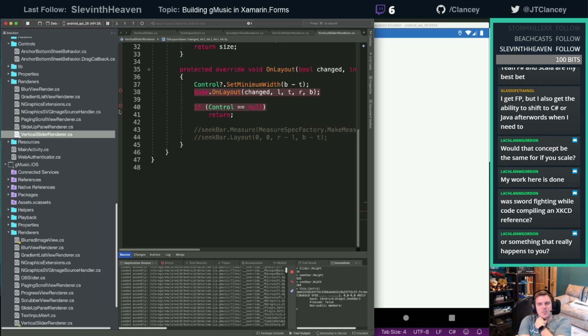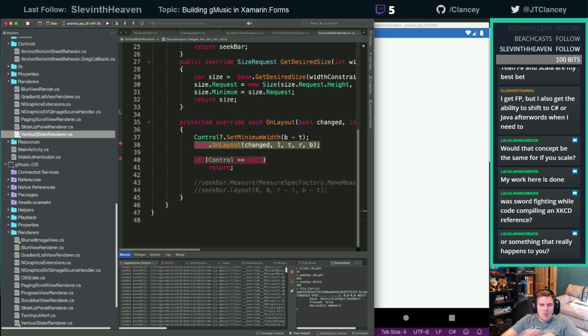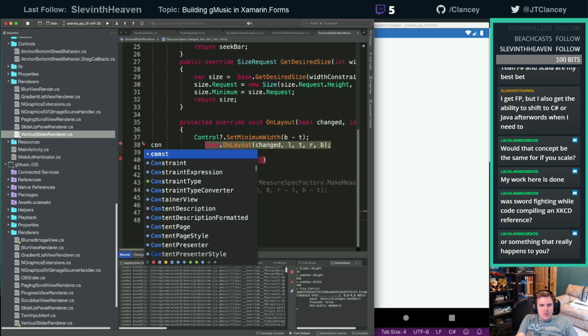I just wanted to run the inspector this time. I'm going to run and say seekbar.width and seekbar.height after that layout and see what happens. Well, control.width. All right, so, oops, we're not there.